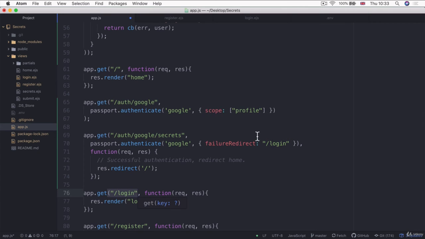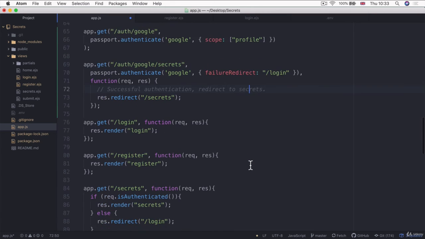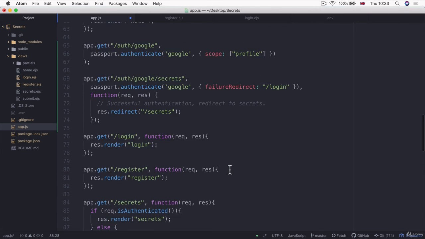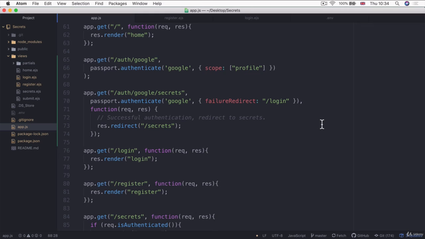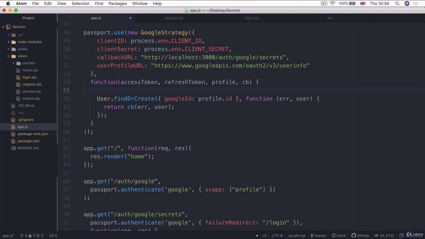We have an app.get for the login route, but if it was successful, then we're going to redirect them to the secrets page. So we're going to res.redirect. It's going to go to /secrets. And this will take them to here, and we can check to see if the user is authenticated, in which case we'll render the secrets page. Otherwise, we'll redirect them back to the login page. So this is pretty much all the code that we need in order to allow users to log in using Google on our website. So let's check out what we get back from Google by going into this callback function,